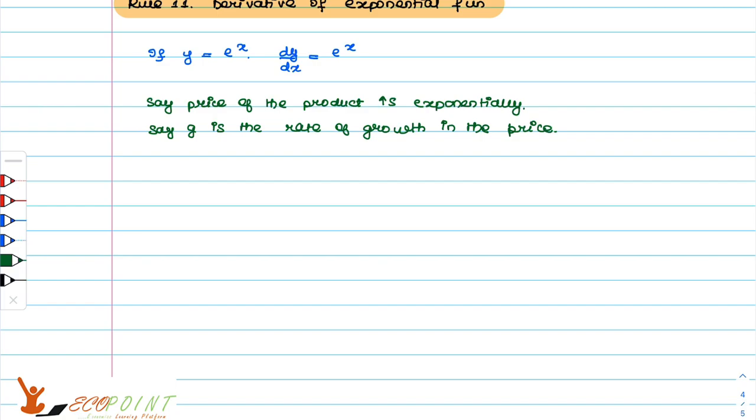And let's say we are looking at the growth for T years. Whenever you look at the growth, let's say for 10 years, 20 years, something like that. So T years, right? P naught is the price of the product